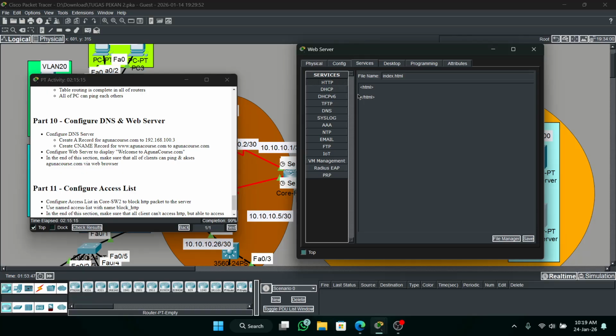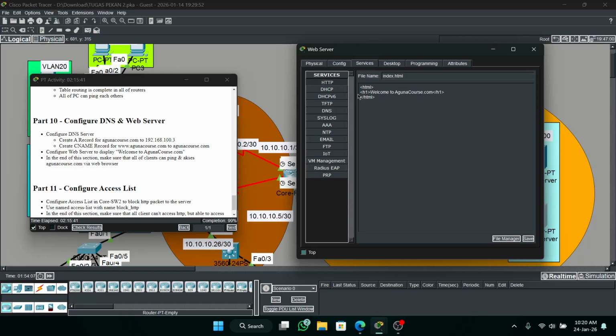Okay, then you can type like this, h1. This is basic HTML coding. Welcome to Aguna course.com.